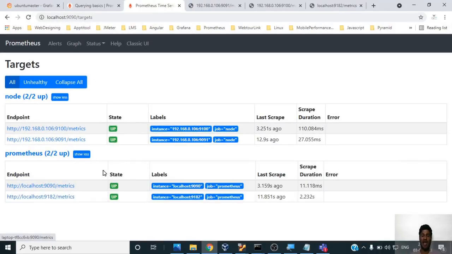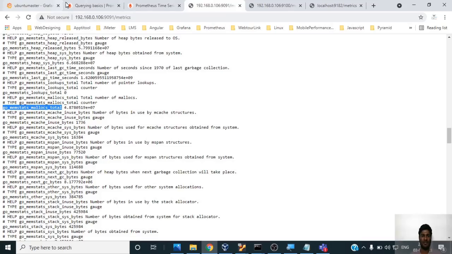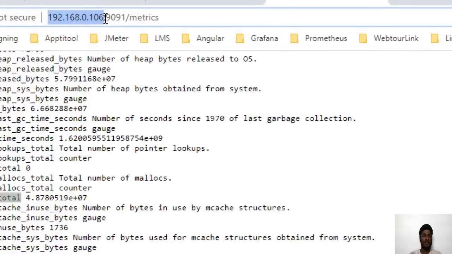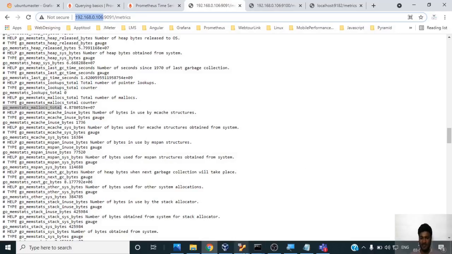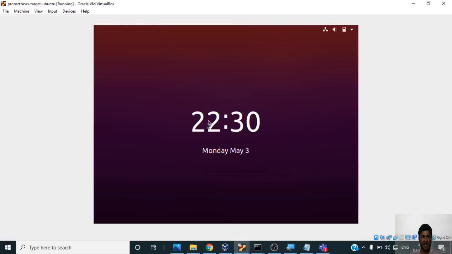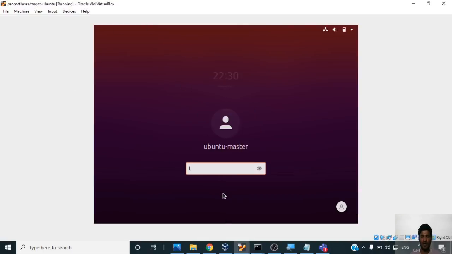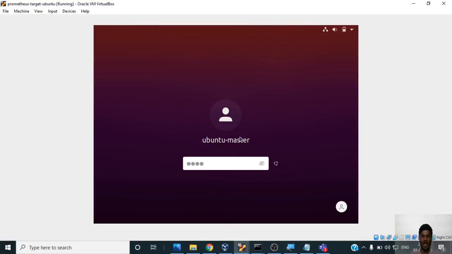I have created this particular environment in a way that the Prometheus server is monitoring this machine using node exporter. Node exporter is for monitoring Linux machines. So this machine is nothing but a Linux machine. This is my machine which is running on VirtualBox. And if I go inside this,